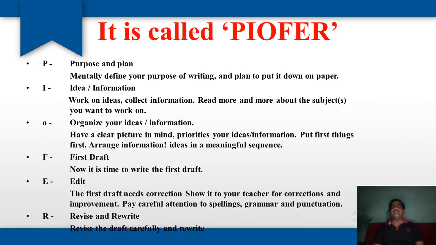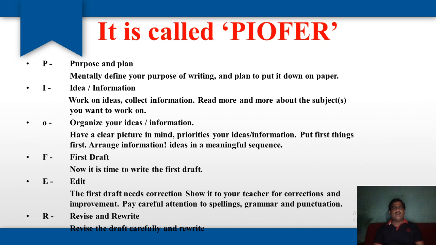We will discuss here PIO4. PIO4 is abbreviated here, and we'll discuss it. P for PIO4, the first letter P, is for purpose and plan. The purpose and plan should be designed. On the basis of the writing process, the plan should be done: what should be written and how it is to be written. The second thing is idea or information. In the process of brainstorming, the ideas can be gathered and reflected into what is related to your plan and also reflected in the writing form.